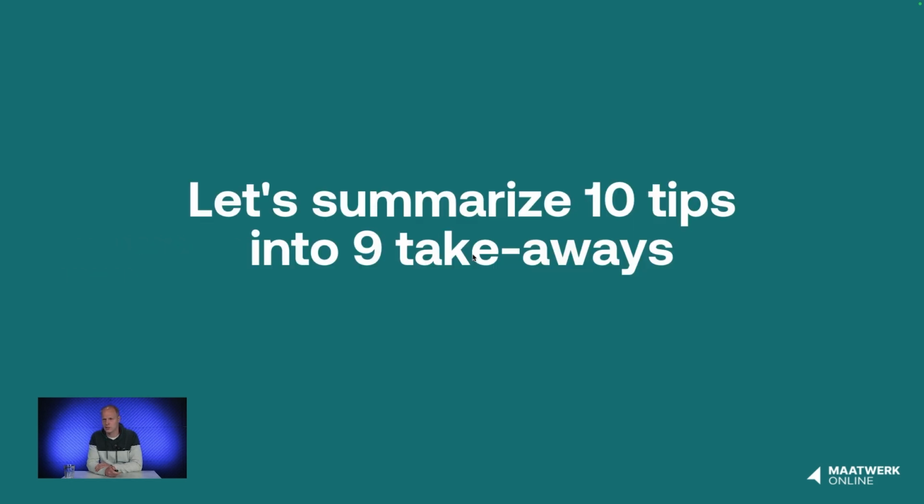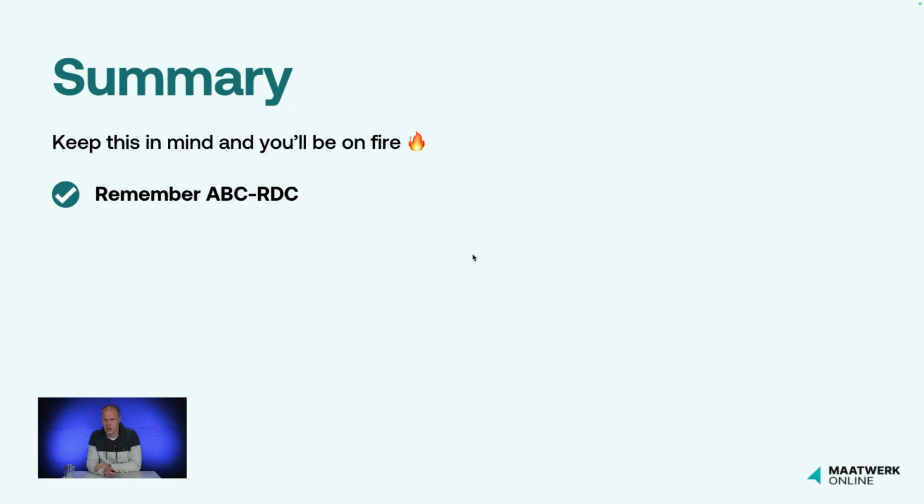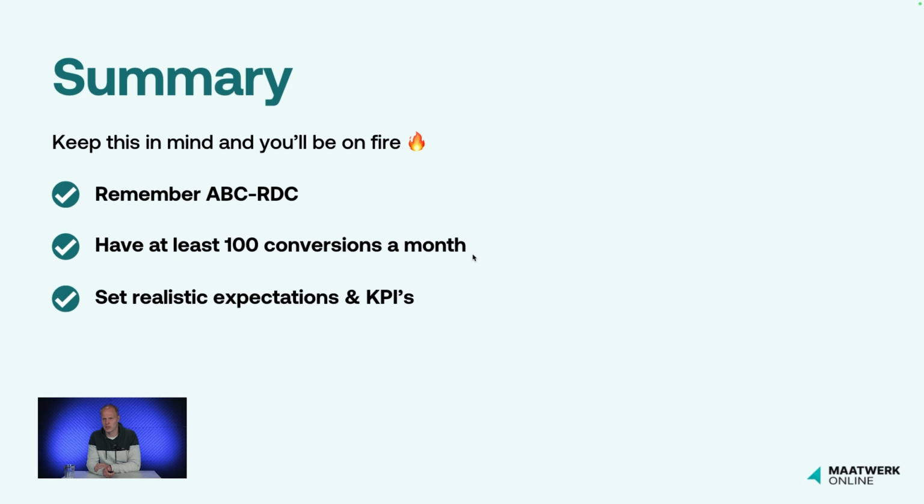So a quick summary of those 10 tips into 9 really practical takeaways. Remember the shortcut that we have: try to have at least 50, but if possible 100 conversions a month. Set realistic expectations and KPIs. So if you are using it for brand awareness, you don't need to measure the conversions. Well, at least you have to measure the conversions, but